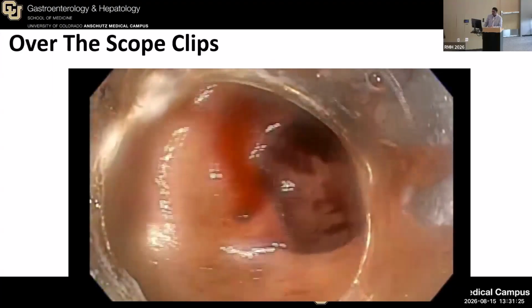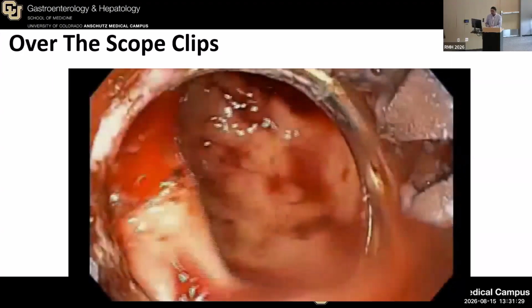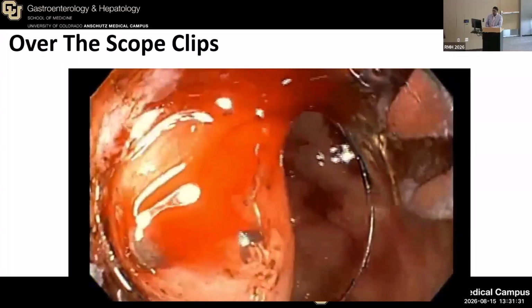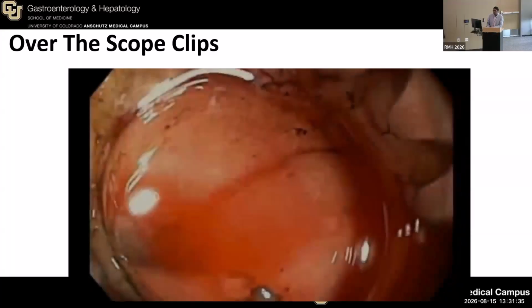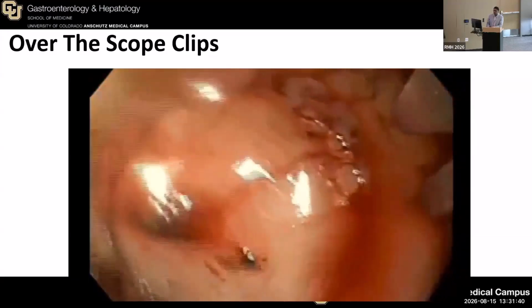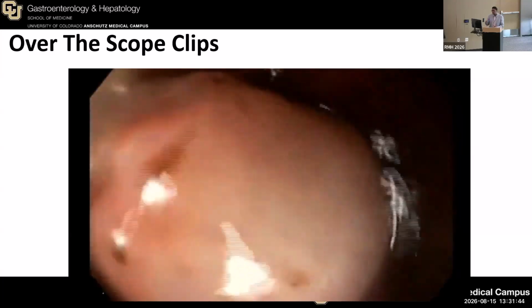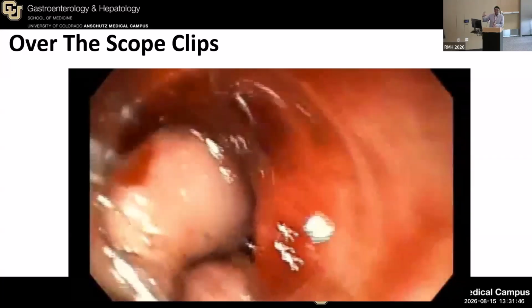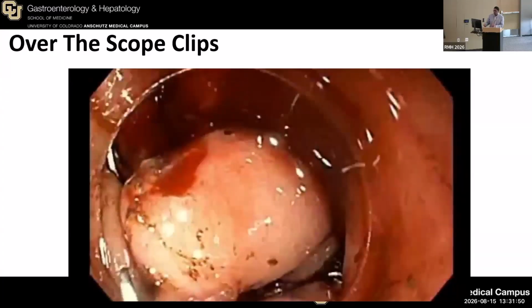So here's another case of a non-bleeding visible vessel that I'm doing, and you'll see that there is ongoing bleeding when you're there. You want to take your time and get yourself around it. Once you're confidently around the vessel, then you suction. And once you suction, you give it enough time. Don't be in a rush to deploy the clip. Sometimes I'll have our nurses hold my scope, because I need my right hand free to deploy it. So you're keeping a little forward tension on the scope, and then you deploy the clip